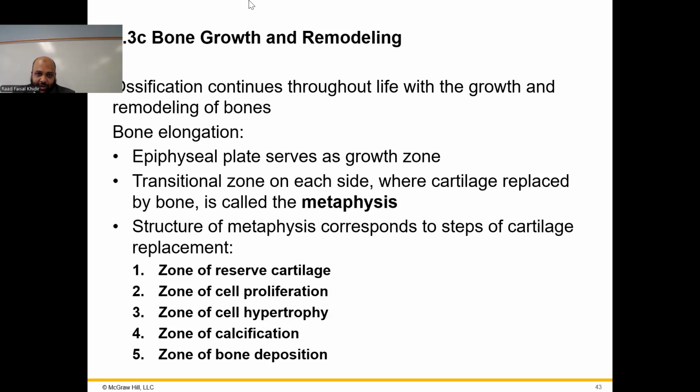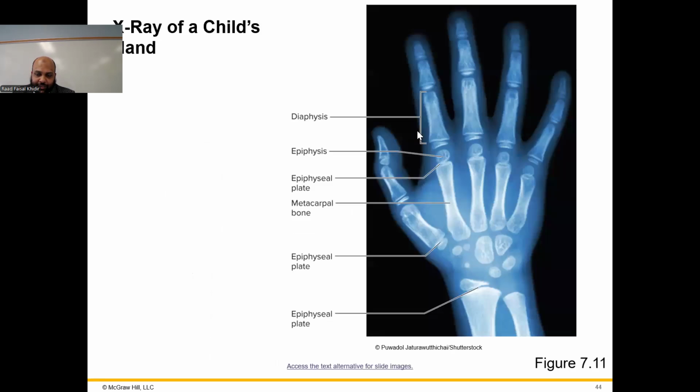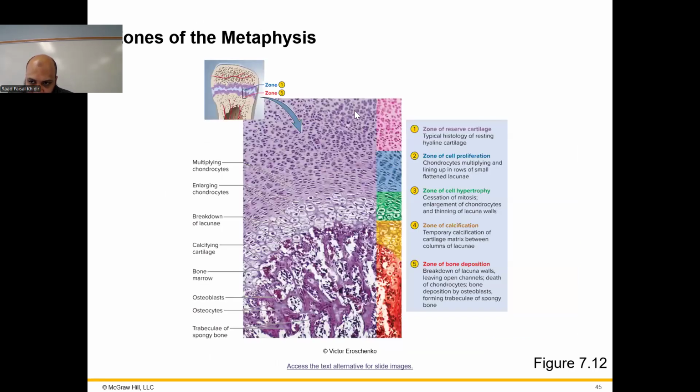In the x-ray of a child's hand, you see the diaphysis, the epiphysis, the epiphyseal plate, and the metacarpal bone. That's an epiphyseal plate, and that's another epiphyseal plate. That shows you the zone of reserve cartilage. That is a typical histology of resting hyaline cartilage. Then the